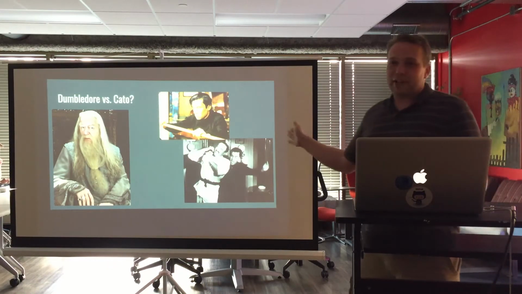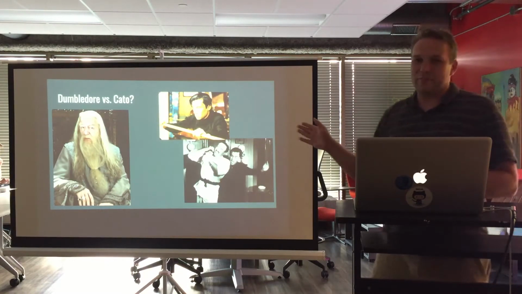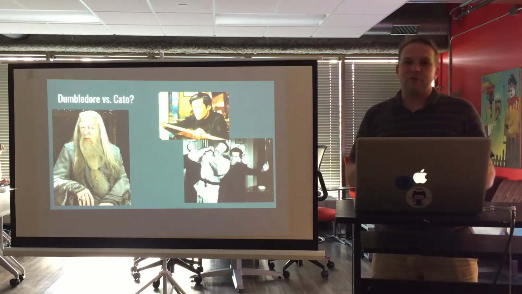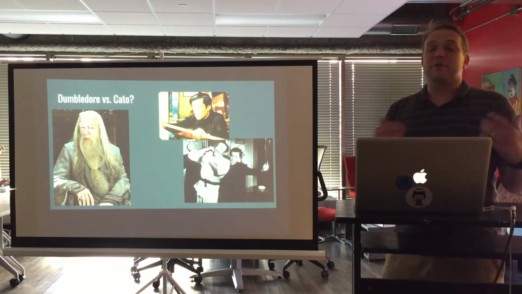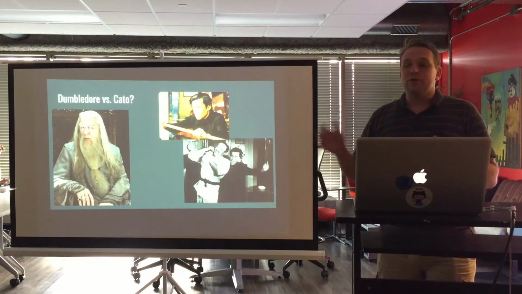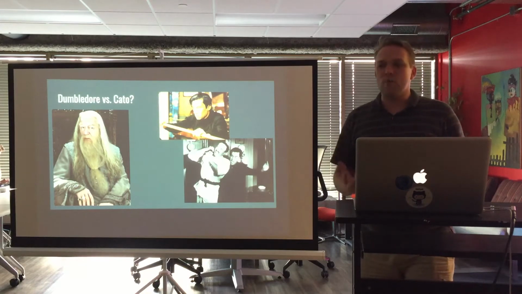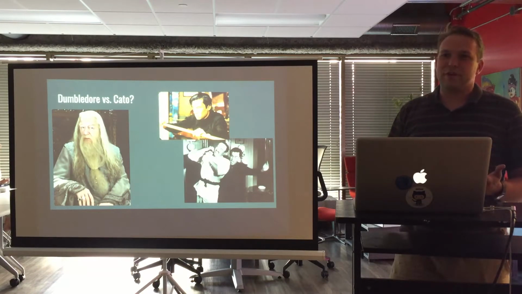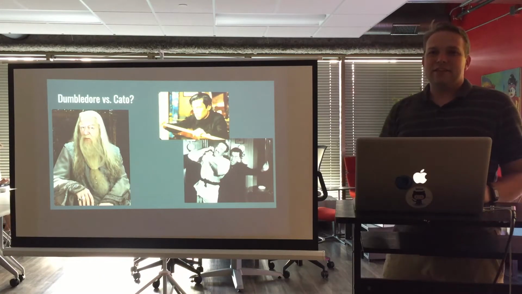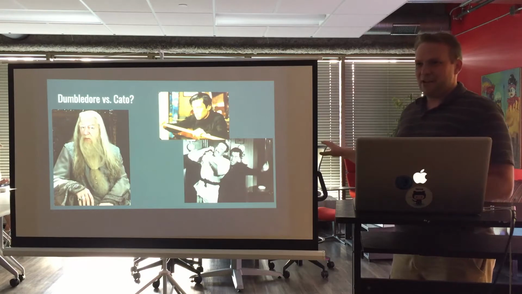On the other side, we have Inspector Clouseau of Pink Panther fame, who knew that he needed to be ready for anything at any time. So he wanted to prepare to be ready for a surprise attack. What he did was hire a martial arts expert, Cato, to not only teach him karate, but also to attack him at any moment, because the only way you can prepare for a surprise attack is actually to be surprise attacked. That's the idea here: treat all of your teachers more like Cato.